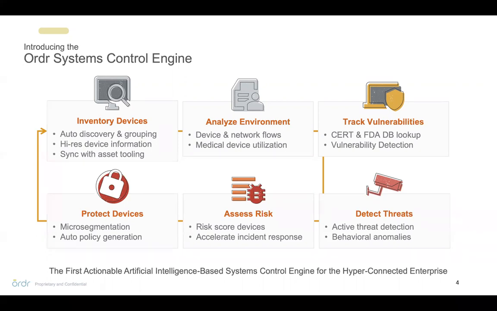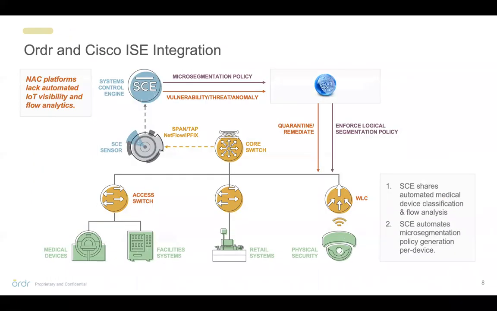So if we move forward, regarding Ordr's integration with Cisco ISE, here's a high-level logical design that really enumerates what it is and how Ordr plugs into ISE. It's pretty straightforward. At the end of the day, Ordr is a network-based technology where we deploy sensors in an environment that allows us to watch the communication flows of systems and allows us to understand all the different assets. That allows us to get that detailed device inventory information, and we share all of that with Cisco ISE.